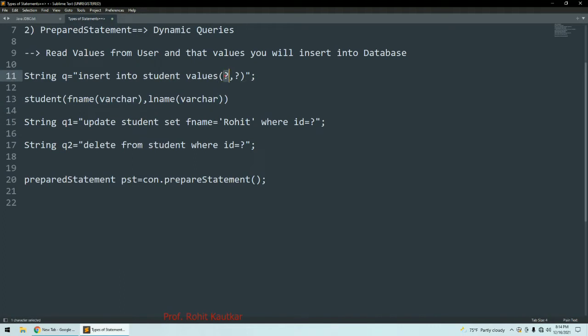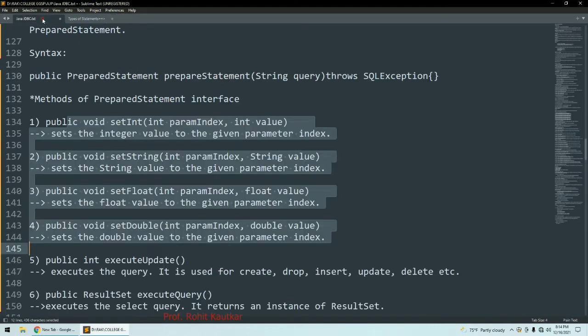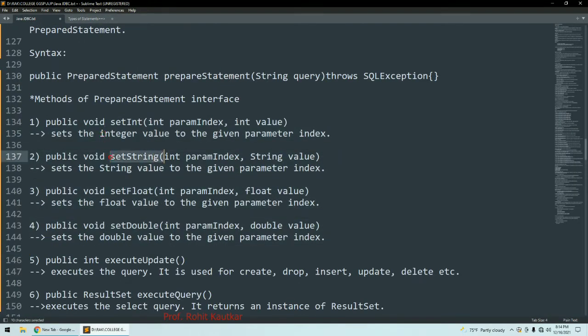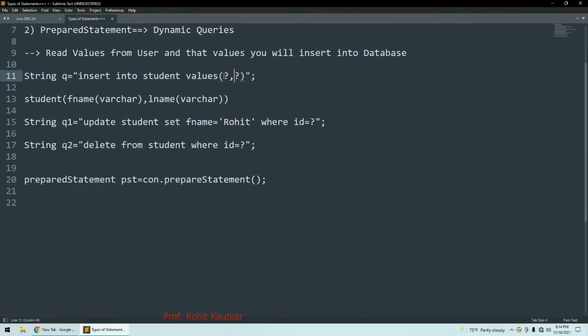So here, in order to set this value, I will use a method called setString. It sets the string value to given parameter index. Now what is parameter index? This is the first parameter, this is the second parameter, you can see. So what I can write here, I can write pst dot setString, and here I will write first parameter.